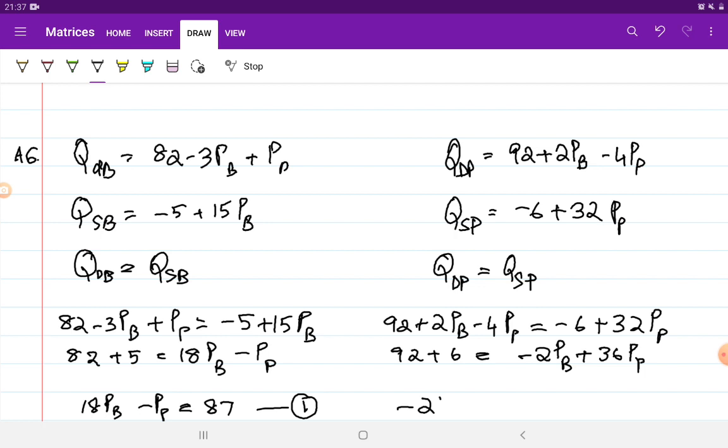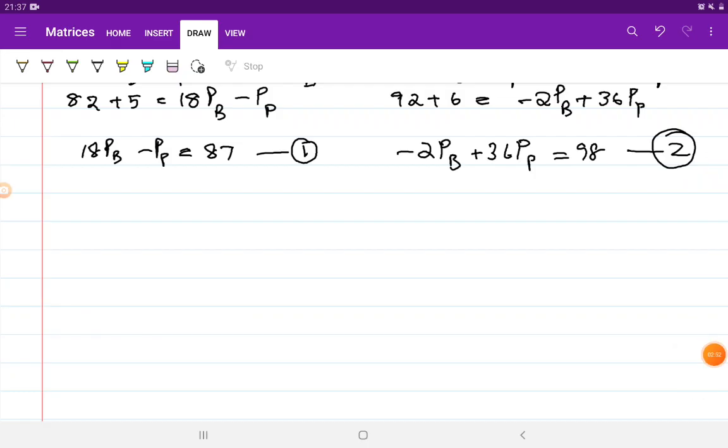So I've got minus 2 PB plus 36 PP is equal to 98. This is my second equation. So writing my simultaneous equation system, that is my two equations together, I can write that as,